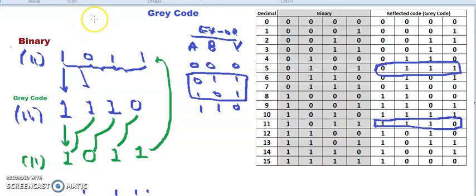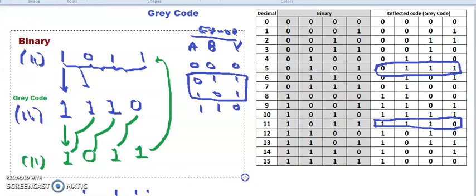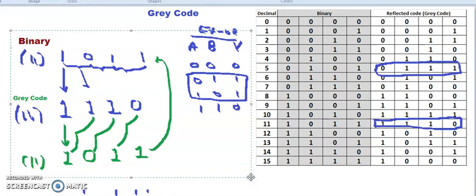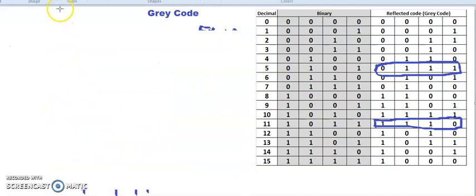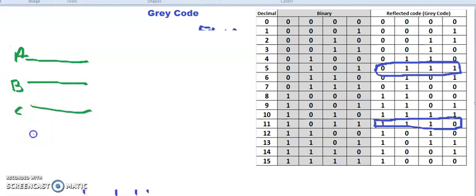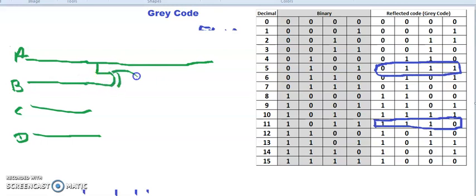Now let's have a look at the circuit. How to design a circuit that converts binary to gray code. So let's say we have a 4-bit number A, B, C and D. We write the most significant bit as it is, and for the most significant bit and the bit next to it, take the exclusive OR of that.